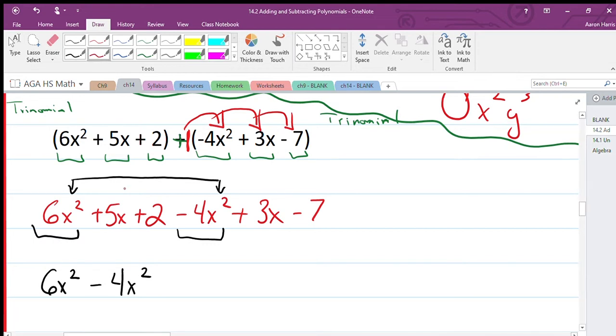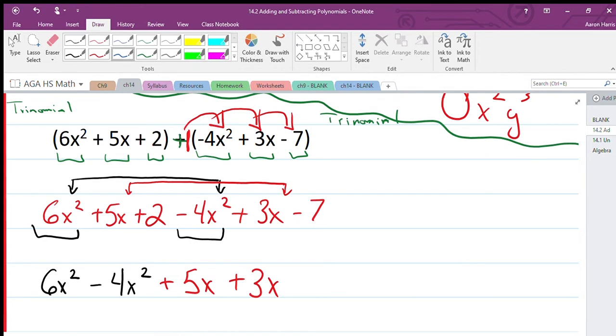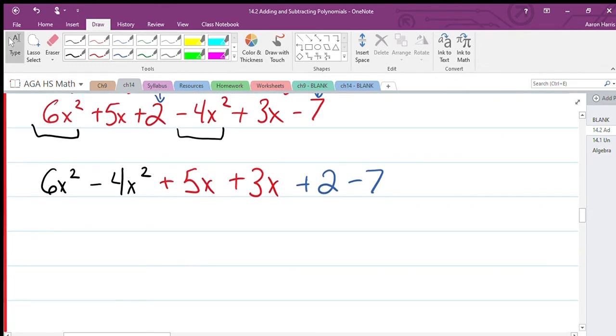Now, here's an x to the what? First power. 2's not part of that family. 3x is, because that's to the first power. And 7 isn't. So I combine those two. So here we go. Don't forget the sign. Plus 5x plus 3x. There we go. And then I have a 2, which is a constant. Are there any more constants? Yes, this negative 7. So I put those together. Plus 2 minus 7. Now, people get fancy and put parentheses and everything else, but essentially all you're doing